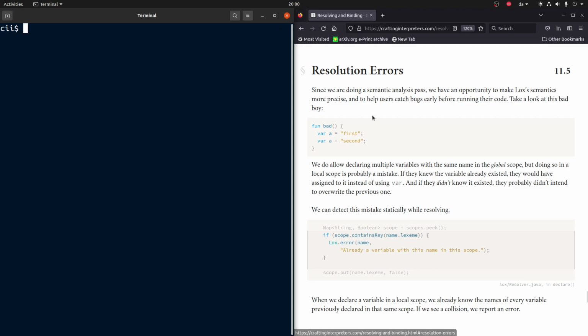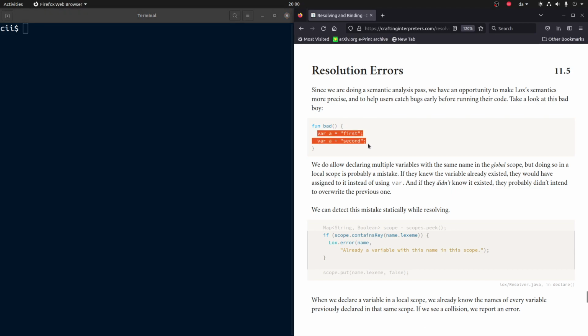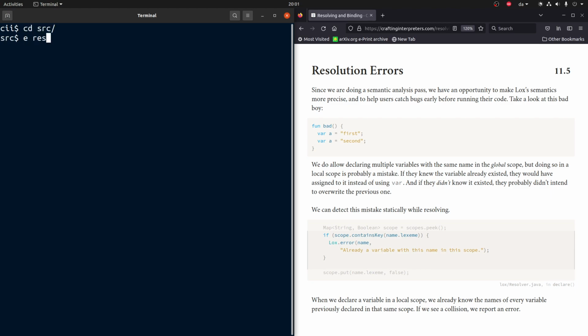So the first thing that we want to do is to make this kind of thing an error. Because you can override a variable this way in the global scope, but in a local scope it's not okay. I mean, it's probably an error. If we imagine we have this line at the beginning of the function, then a bunch of code after, and then this line somewhere buried in a second block of code, it's probably a mistake that we're trying to override. This is something you can decide for yourself, but let's try to make it a mistake. So go into the source